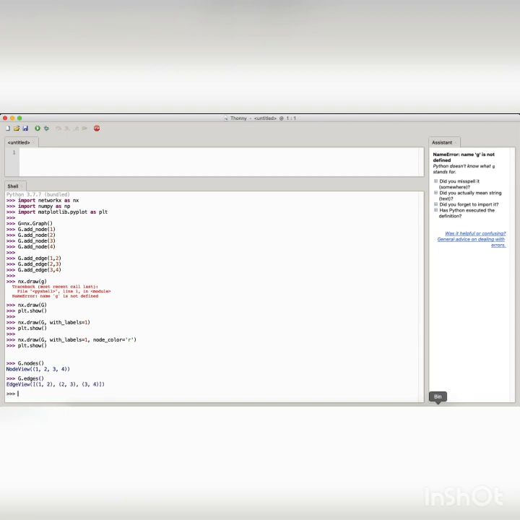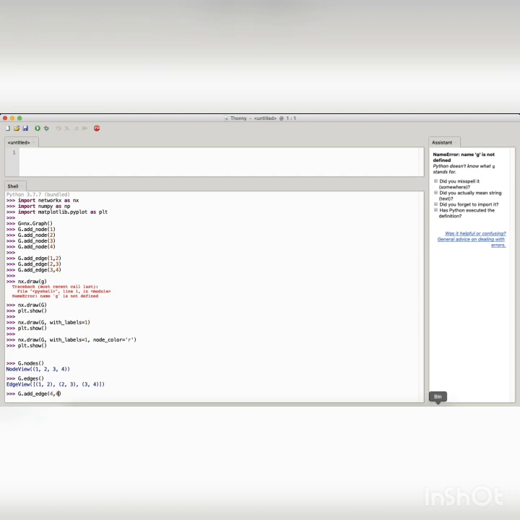It will tell you how many nodes you have added in your graph G, as well as edges by calling the edges function. Here it shows you have added a total of 3 edges: between nodes 1 and 2, 2 and 3, and 3 and 4.